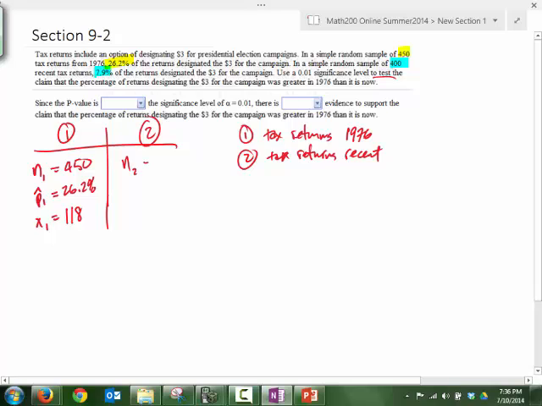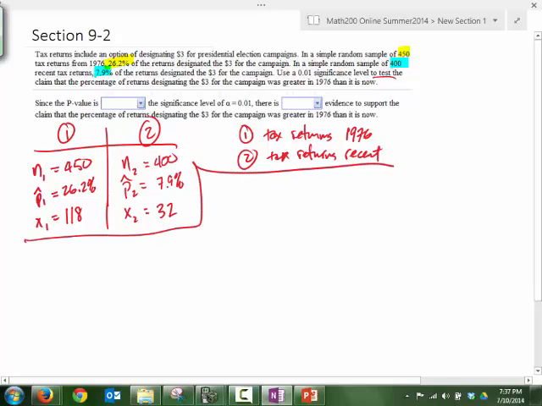So it looks like we have an N2, and then it looks like we have a P2 hat. And so you should be able to give us the X2, which is what? What is it? 32.6? 31.6, which rounds off to 32. All right, this is our preliminary information that we have to make sure that we get before we jump into the step-by-step process for the hypothesis test. So now that we got them, we can look at our problem again